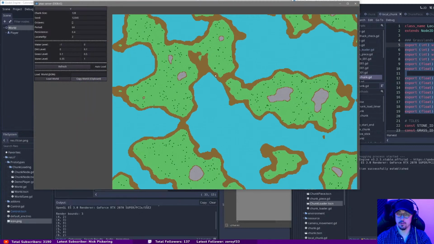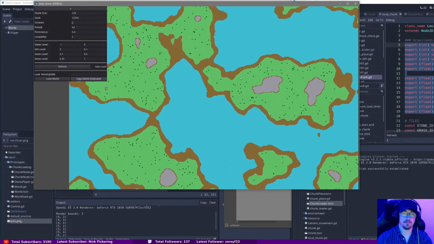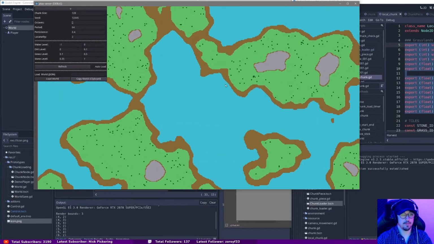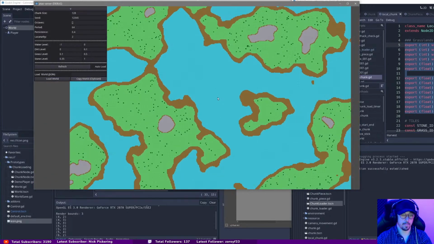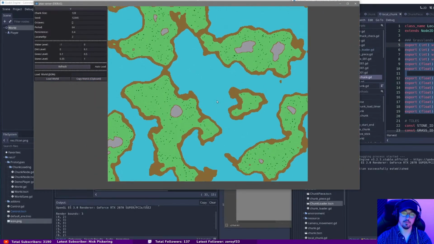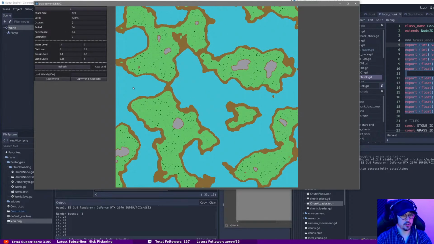Now this is a lot more water. This layout reminds me of Valheim, the game we played while working on the automated app using Java. Right? If you played Valheim, this would look sort of like this. That's kind of cool. We got the Valheim secret config. I like this. I may save this. Yeah, I'm gonna save this. I'm gonna copy the world to clipboard and save this because I really like this layout, with more